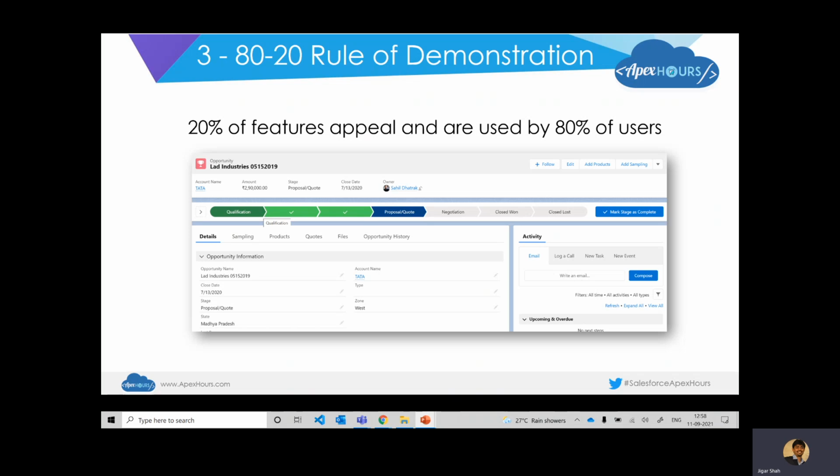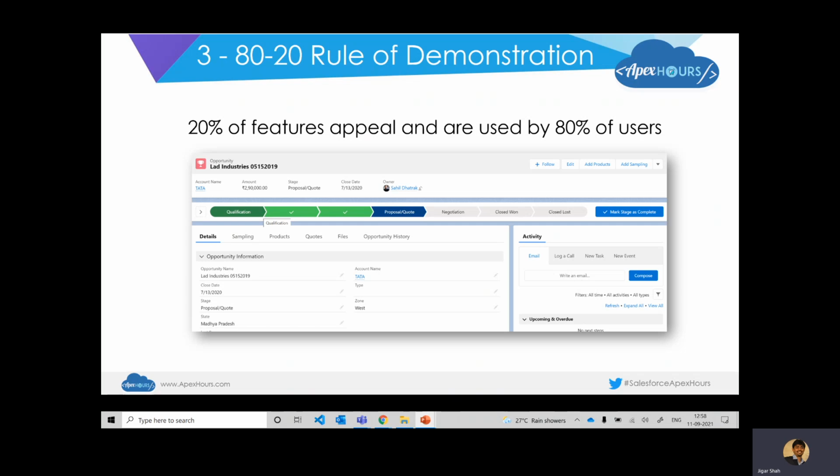Often it is only 20% of the features that your users tend to use in any kind of solution. Take the example of your mobile phone: you might have a very swanky new iPhone or the new Android phone, but the features that you use are very typical. It could be email, it could be WhatsApp, it could be social media, right?